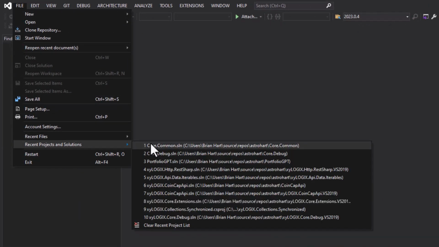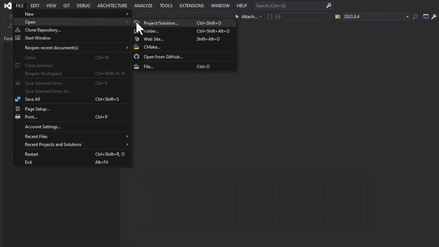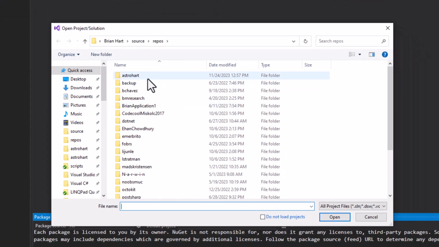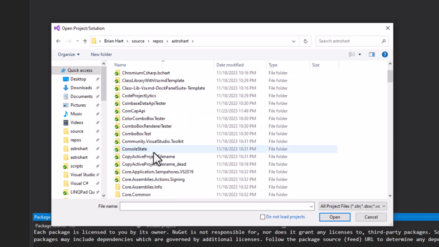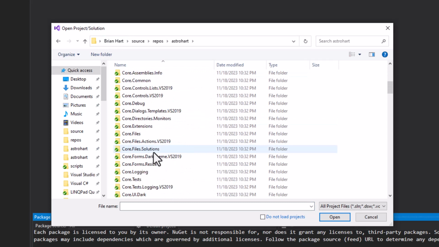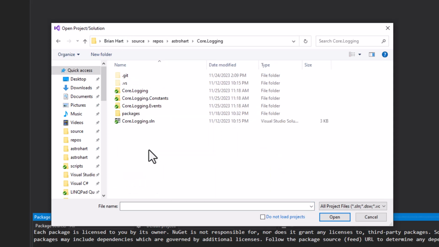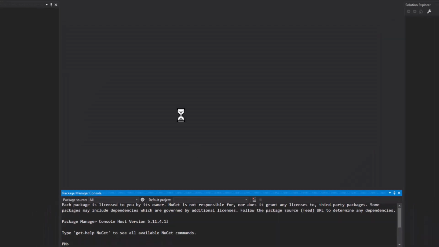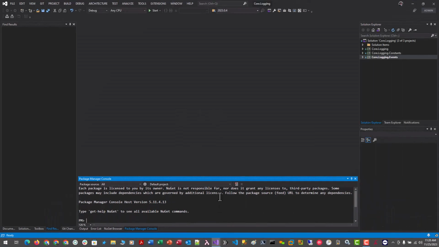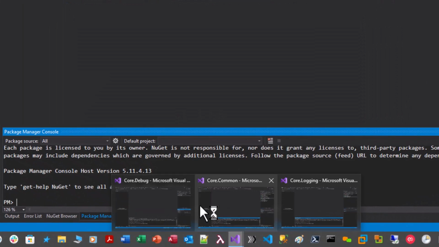And then what I want to do is open up, let's say, the core.logging solution. So open the project solution, scroll down here to core.logging. I'm going to click on that, and I'm going to click this icon here, and I'm going to say open. And now things are even worse. Okay, yes, so I can hover over the Visual Studio icon on the taskbar, and I can see my three IDEs,